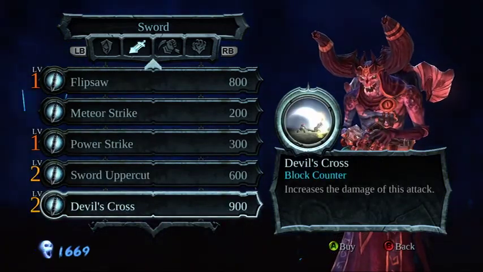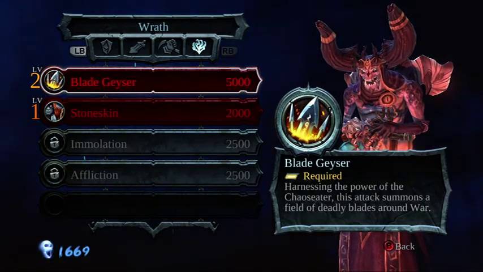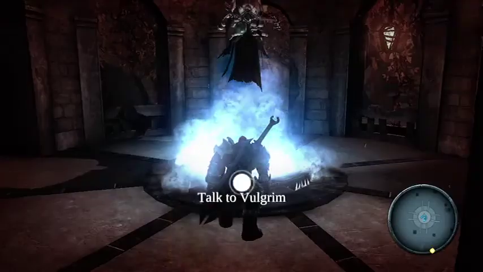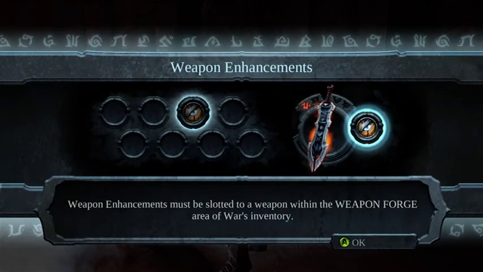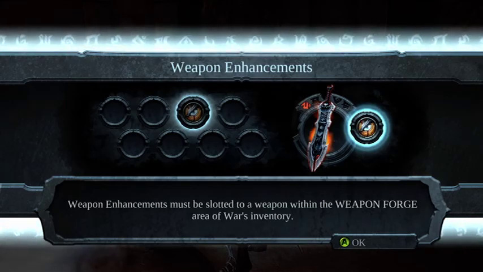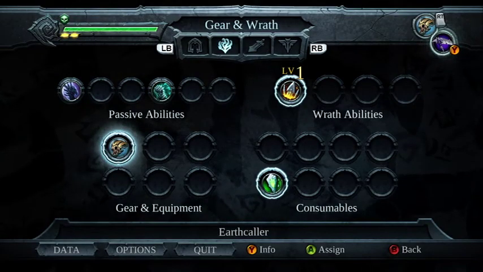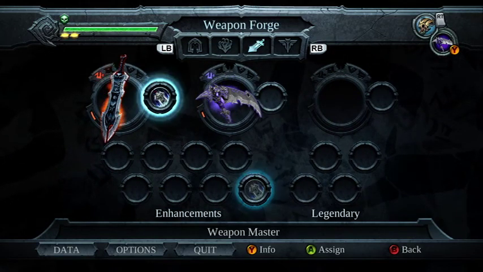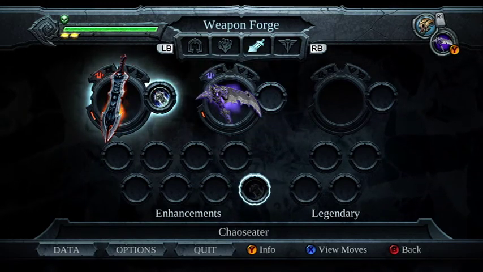are moves for the sword, moves for the scythe, and these are just spells. Let's go ahead and save it. Hack and slash. Okay, weapon enchantments. Awesome. Yes. Let's go ahead and check that out. Weapon. Weapon. Who's got the weapon? Weapon master. Bam. So this, as it states...